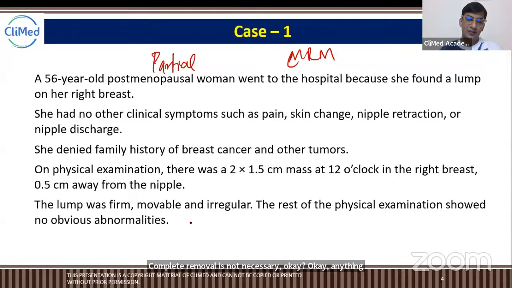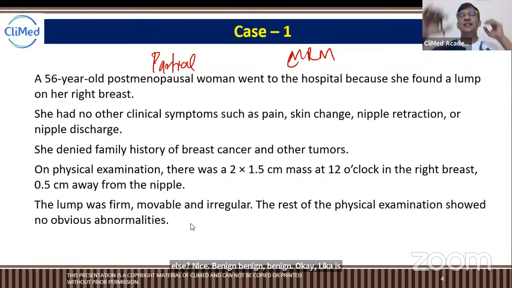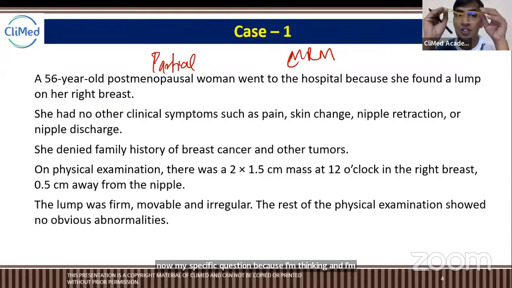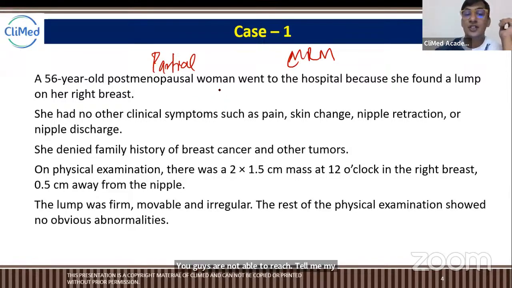Benign. Okay, Likita is writing benign, I believe. So, guys, tell me now my specific question, because I'm seeing that you guys are not reaching where I'm reaching here. You are not able to reach. Tell me, my specific question is